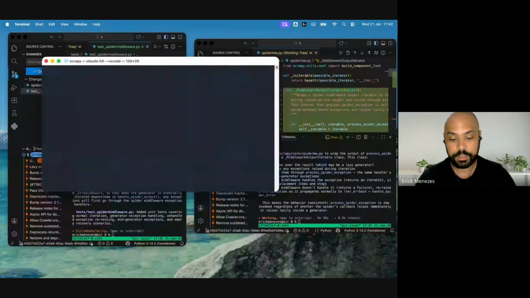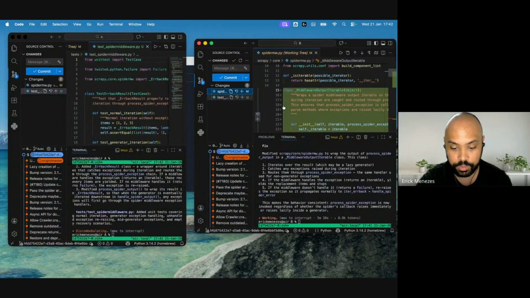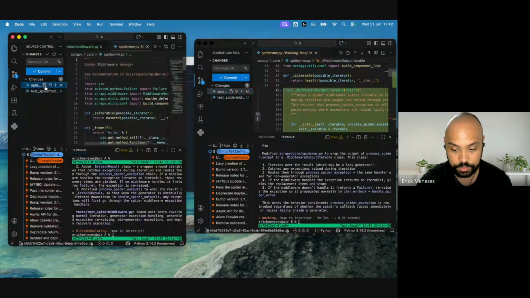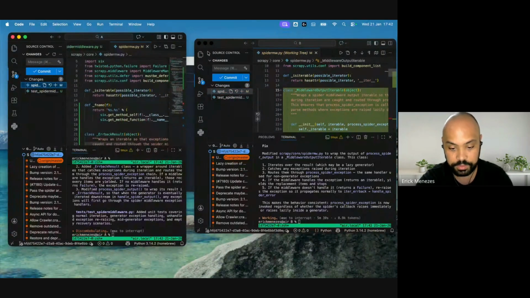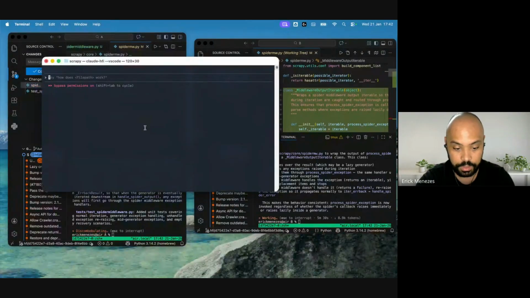Okay. Now, what Claude is doing in the background is equalizing both models to make the same modifications, and then you can start to prompt again and work again.